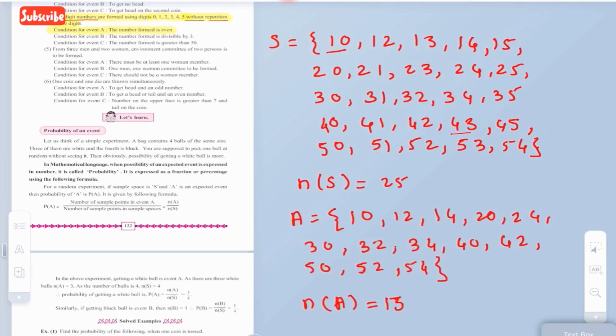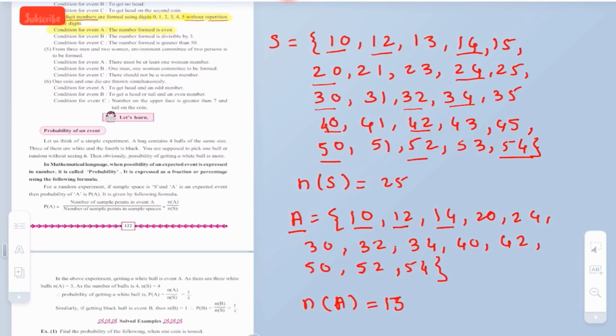Numbers are 10, 12, 14, 20, 24, 30, 32, 34, 40, 42, 50, 52, 54. So we have written here A in the set form